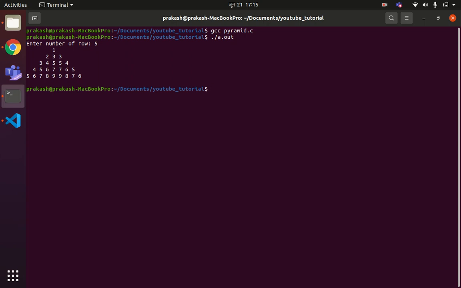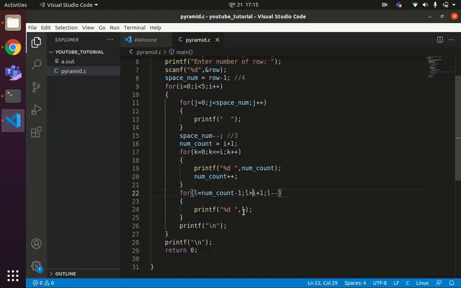The same value is repeated here. After decrementing num count by 1 we are still getting the same 9 here. It means we have to decrement the num count value by 2 here. Now after doing this, let us see the result one more time.